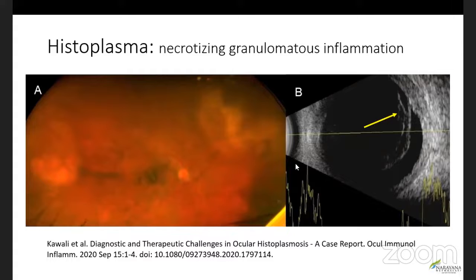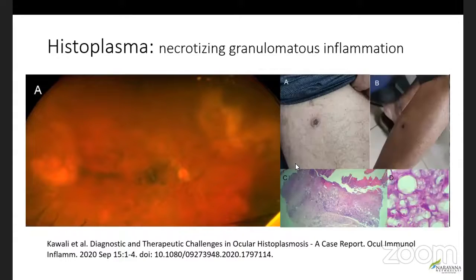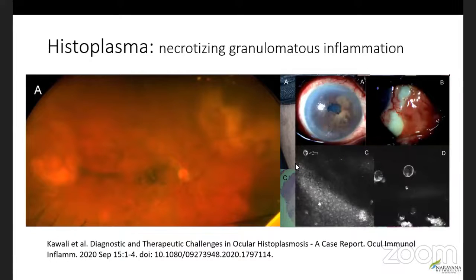So the patient was put initially on ATT and steroid, but with the steroid, inflammation worsened, as well as he had some skin lesion which he demonstrated later on, which also worsened with steroids. And the biopsy from those skin lesions revealed histoplasma. After starting the IV antifungal and low-dose steroid, the inflammation started decreasing. But again, after decreasing the steroid doses, the inflammation worsened with scleral involvement.